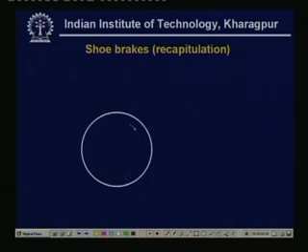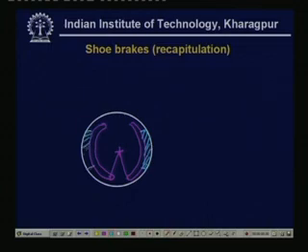There are two symmetrically placed levers, so this is the center of the drum, and at symmetric angles there are two levers and on them there are these shoes. So, there is friction material